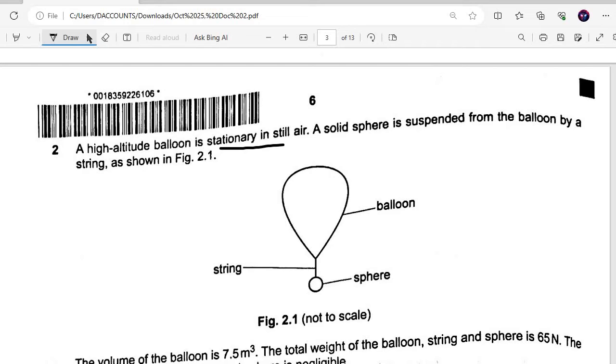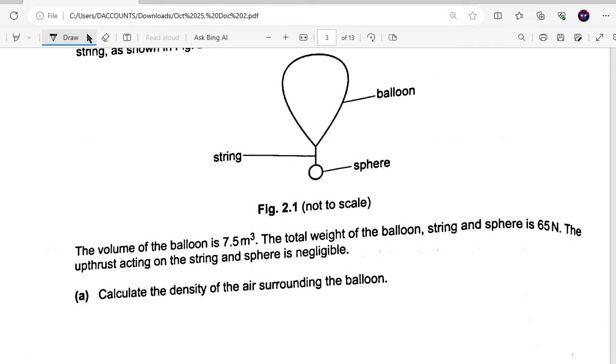A solid is suspended from the balloon by a string, as shown. Look at the string, this is a balloon. The volume of the balloon is 7.5 meter cube. The total weight of the string,